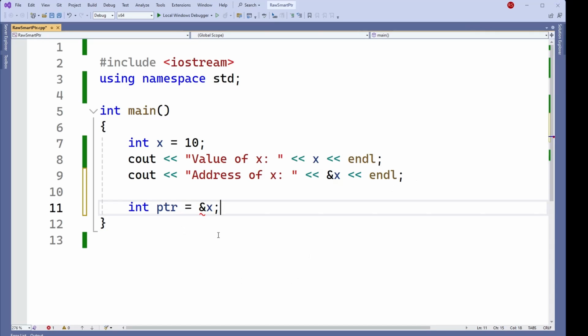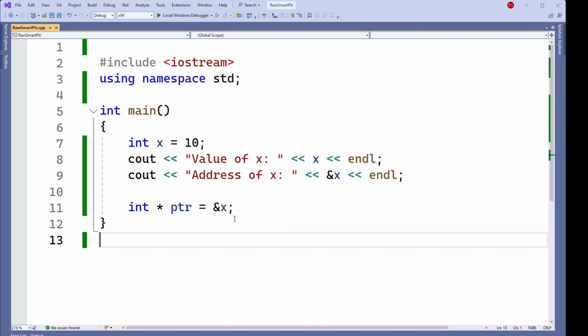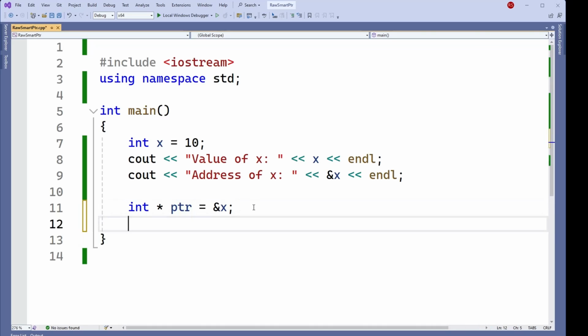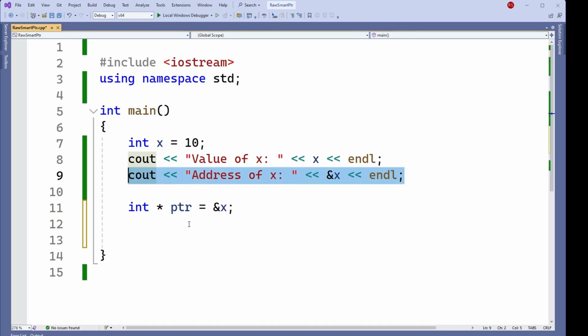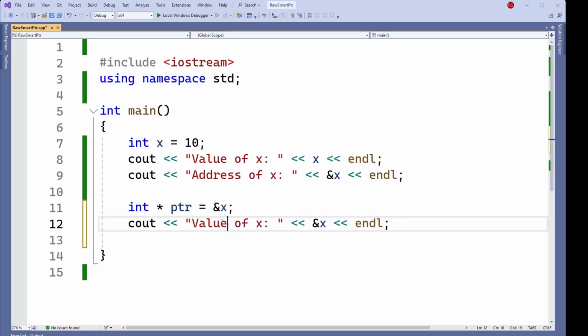However, this doesn't work, because this variable is expecting a value, and the ampersand x is an address. If I declare this pointer as an address, then I can save the address of x in a variable called pointer. So now, if I want to display the value of ptr,